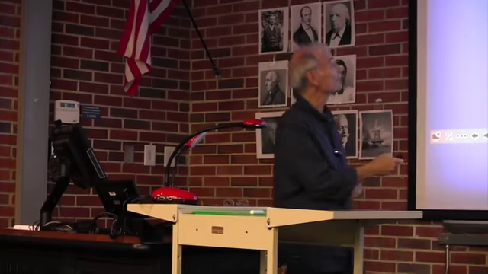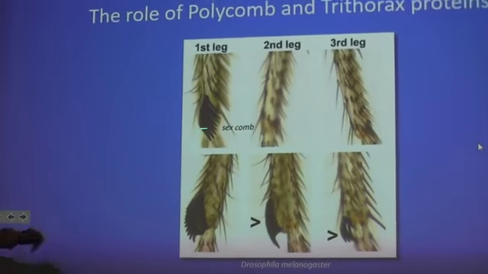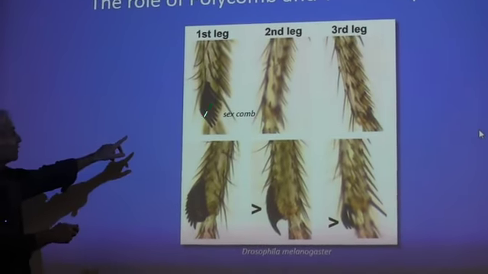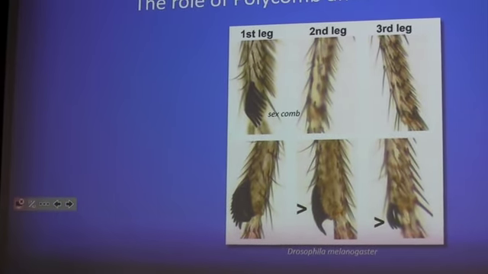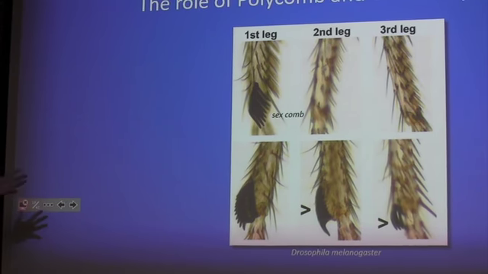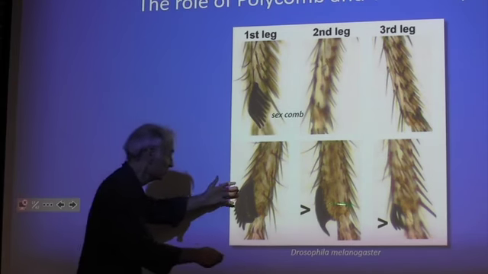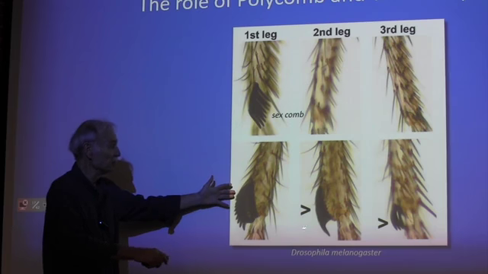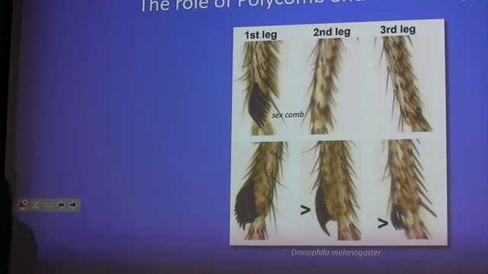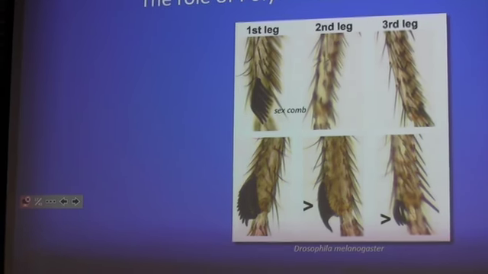Polycomb refers to the sex combs. If you have mutations in polycomb, you have the sex combs popping out at crazy places. That's how it was named. They said, look, this guy has got all these sex combs. We'll call this gene multiple combs, polycomb. Then 20 years later, they figure out how it works. Trithorax is involved in the developmental process that builds a thorax,